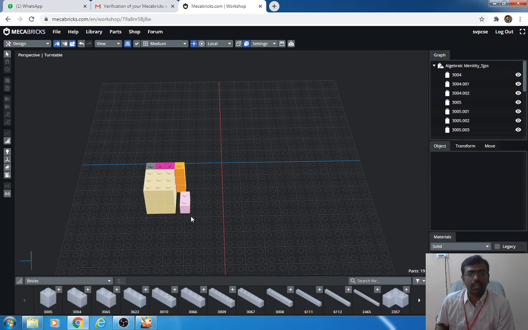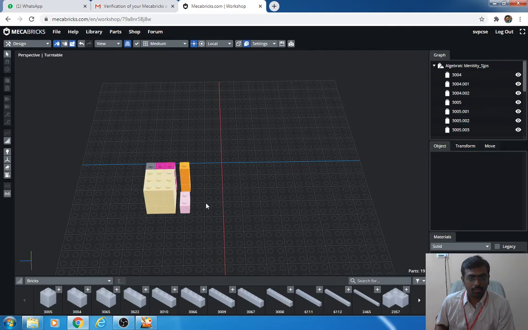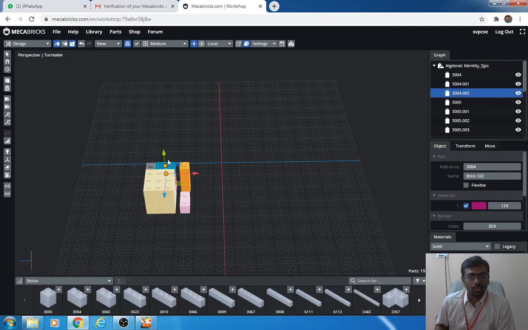You can see that there is a gap in between, so I'll try to make a gap so that you can identify it in a proper way. This one also you will get a gap.